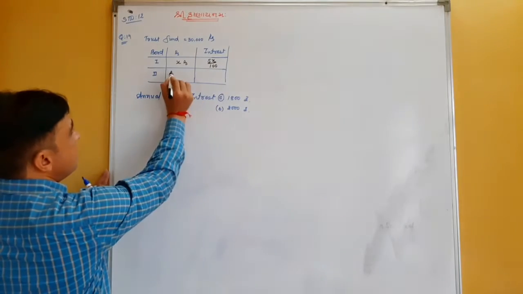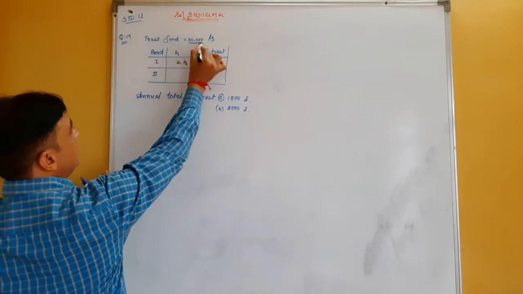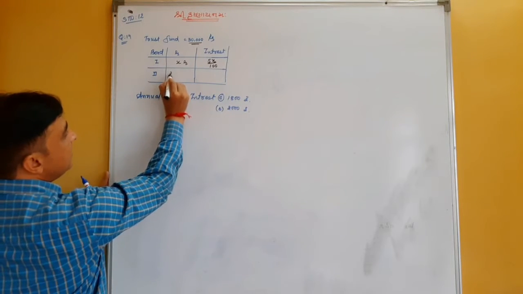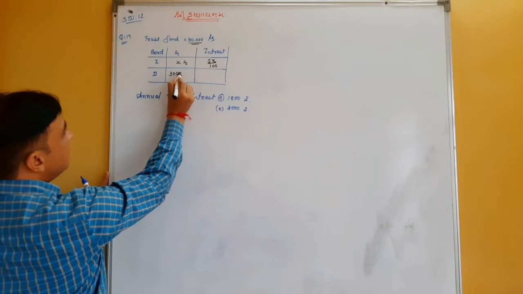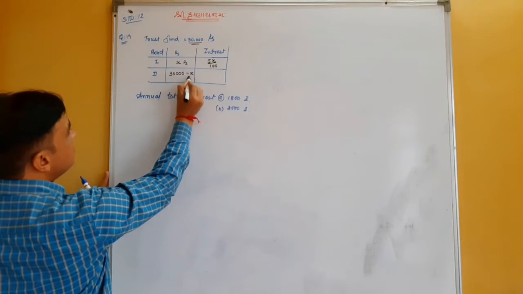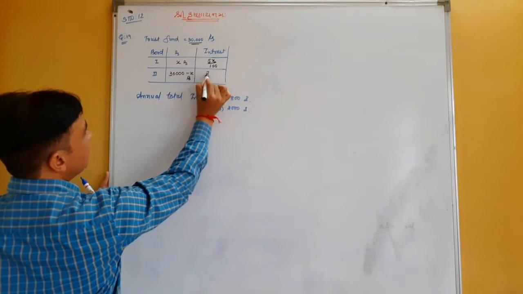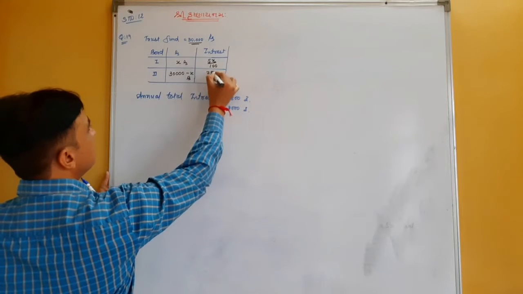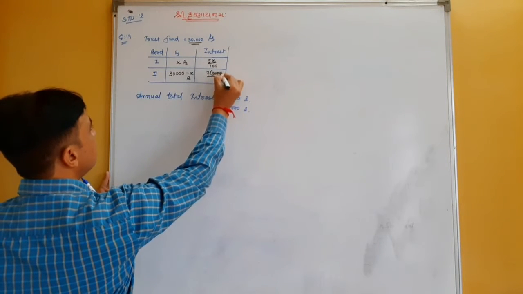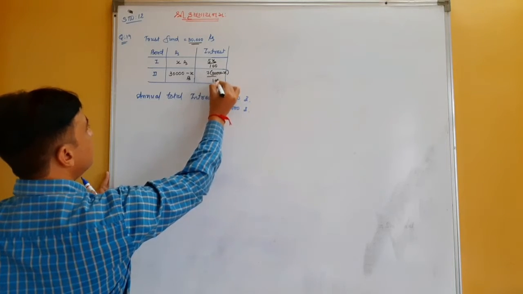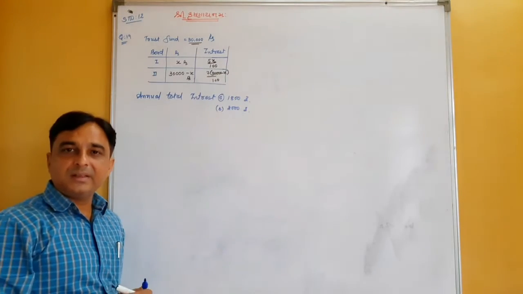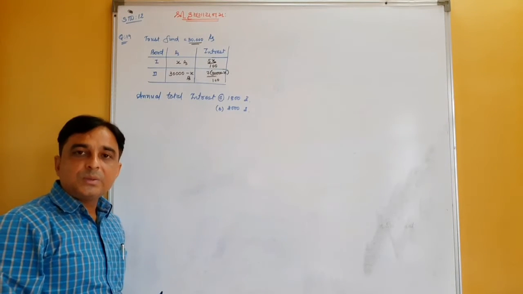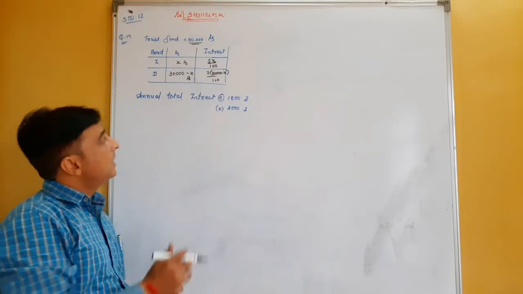Now suppose from this 30,000, X money is invested in the first bond, so the remaining 30,000 minus X rupees will be deposited at 7%. So 30,000 minus X upon 100. 30,000 minus X upon 100. So now to earn